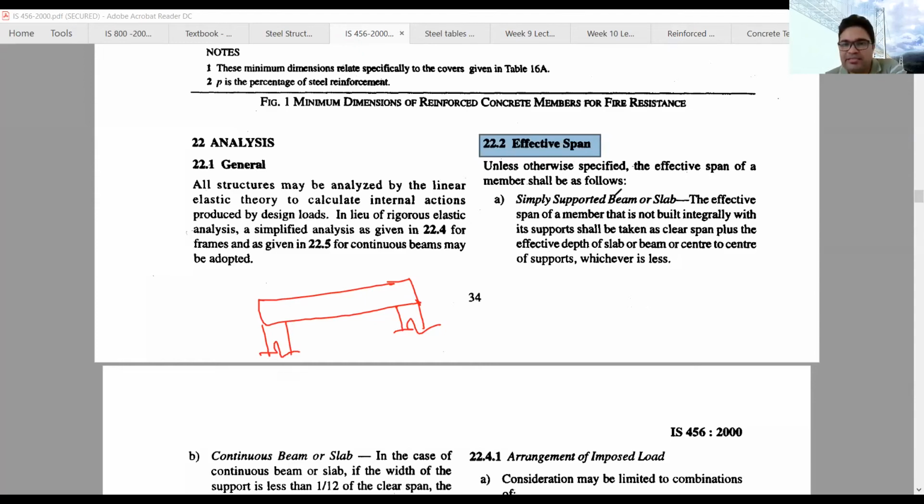It says for a simply supported beam or slab, the effective span of a member that is not built integrally with its support shall be taken as clear span plus the effective depth of the slab or beam, or the center to center of the supports, whichever is less. That is the criterion we have used in step 3. This is what I wanted to show you. Ultimately, you have to find this clause in the IS code.